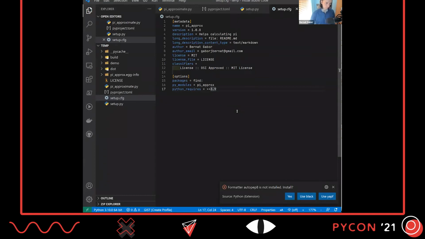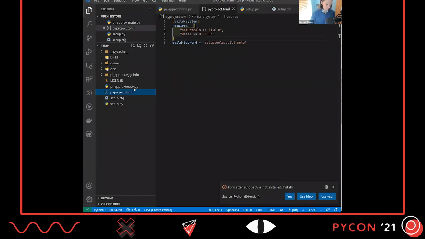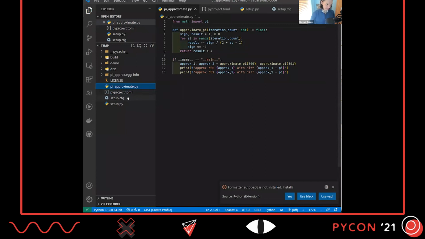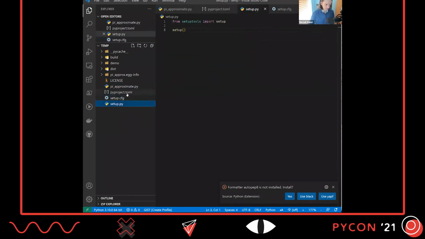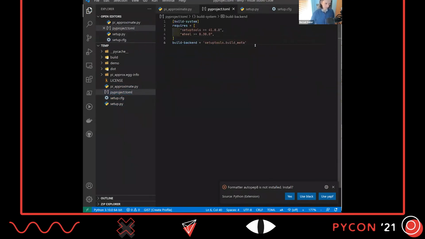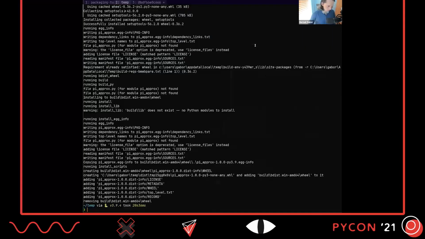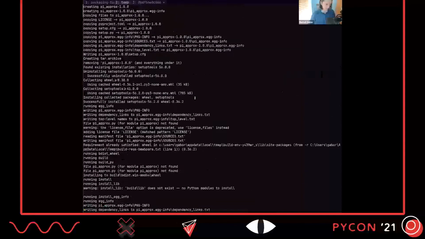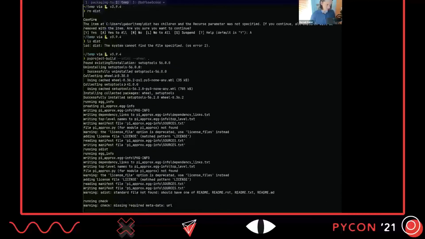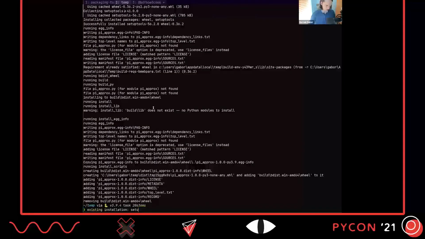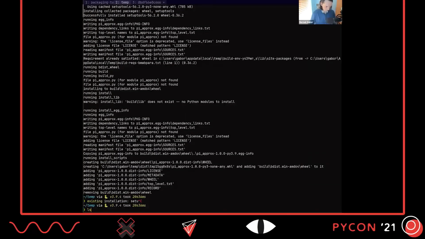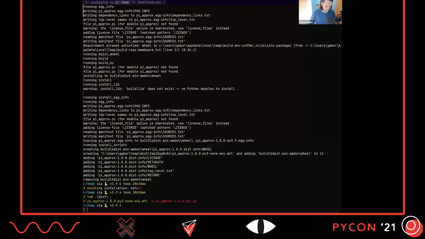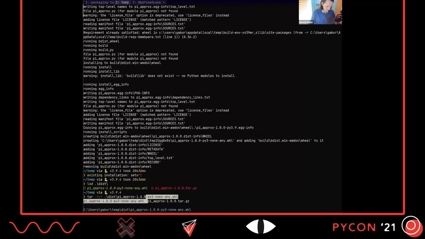So we moved some of the configuration from within the source code itself into the setup.cfg and setup.py files, and changed the build backend inside the pyproject.toml. But once we run the build packaging command, this ends up giving us the same thing. If I look into this folder, I have a wheel file and a source distribution file. The exact content of these files might be a bit different because here,